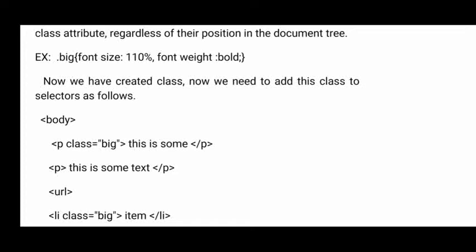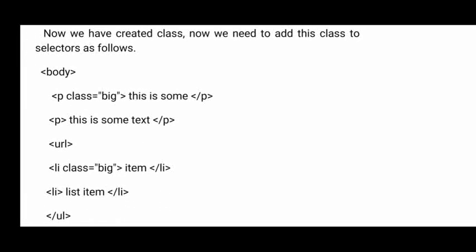So here syntax is very important. If you are creating a class, it should start with a dot, then the name of the class, and in the braces you give the properties. While using it, to whichever element you want to apply these properties, in the opening tag you give the class attribute equal to the name of the class.